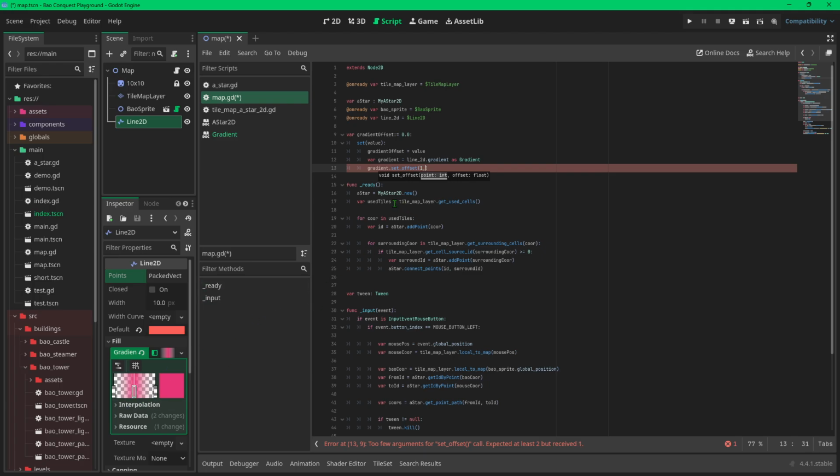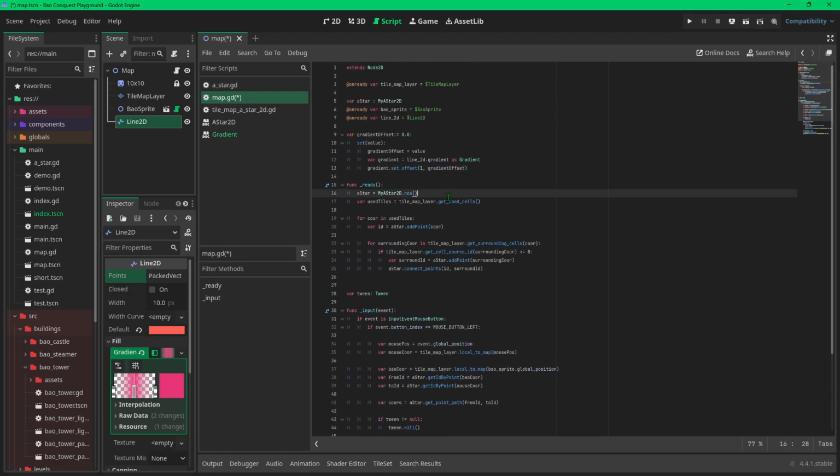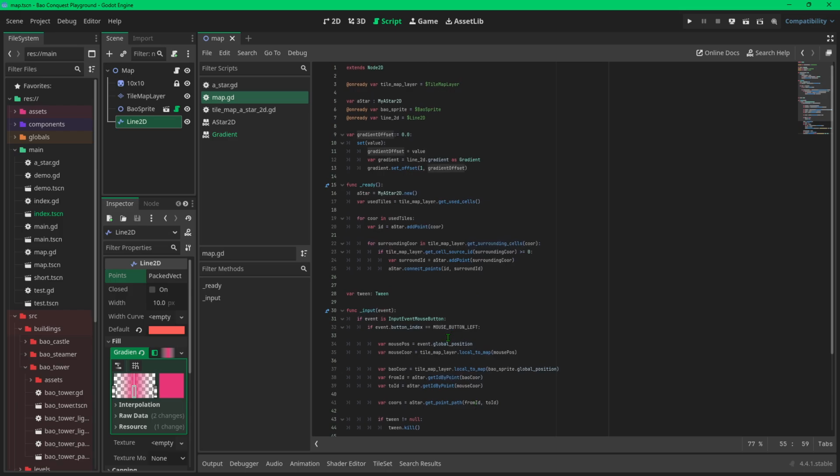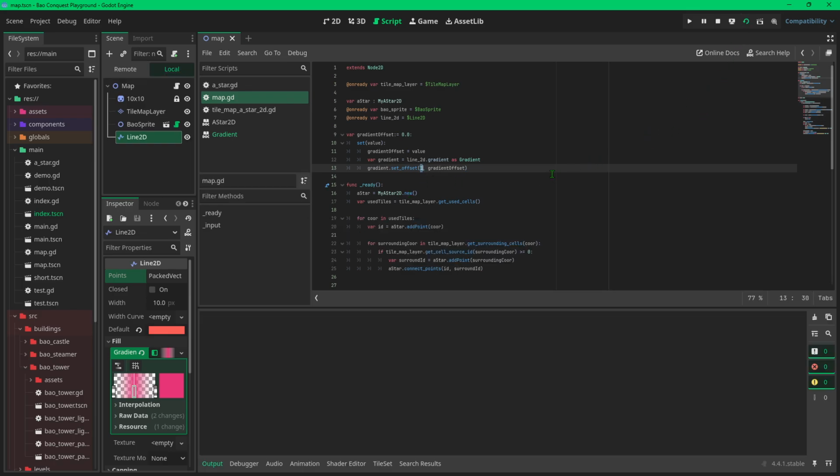So we set point 1, and the offset is the new value here. Alright, so this tween will manipulate the value from 0 to 1 over 1 second, and when this value is changing, the gradient will automatically set the offset of this point. So let's test our code.